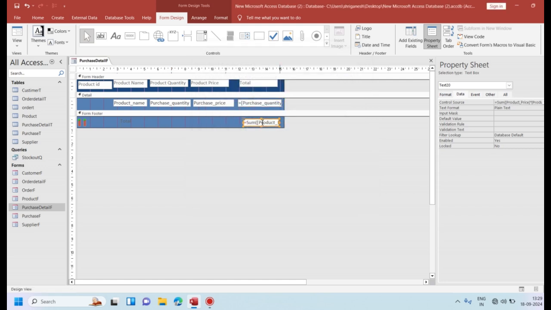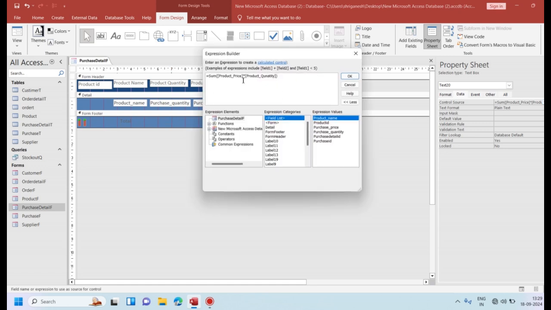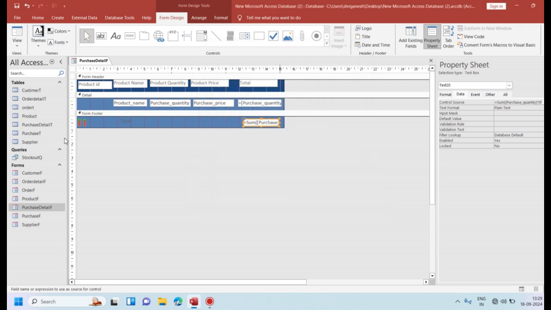This button also I change to sum of purchase quantity into purchase price, enter, OK. And here, instead of order ID, I need purchase detail ID, and instead of order ID I need purchase ID. So I have completed the design of my purchase.